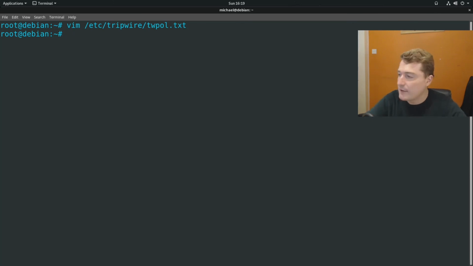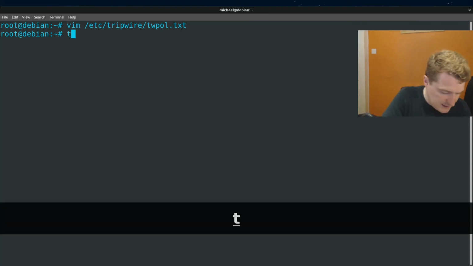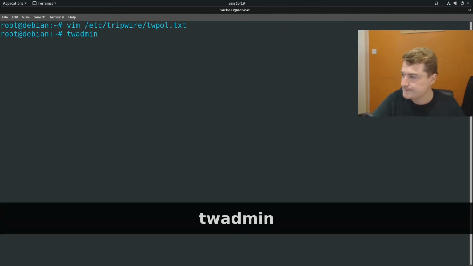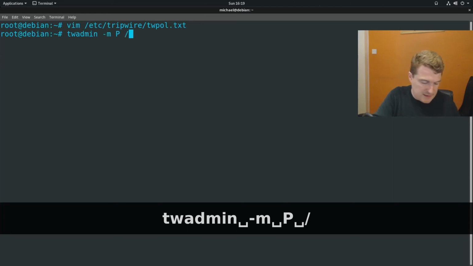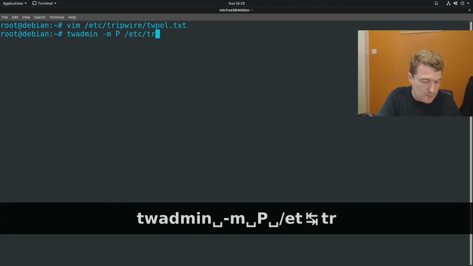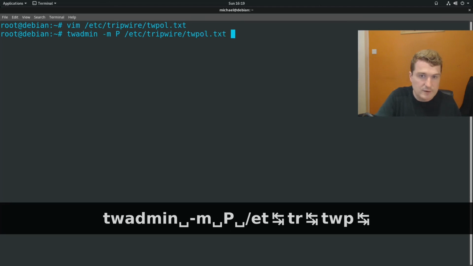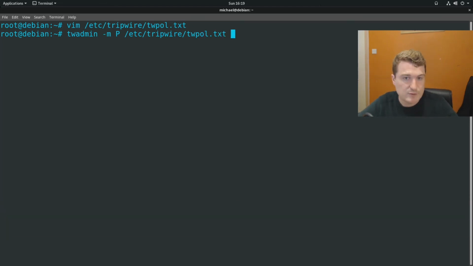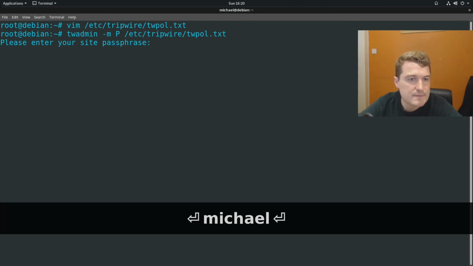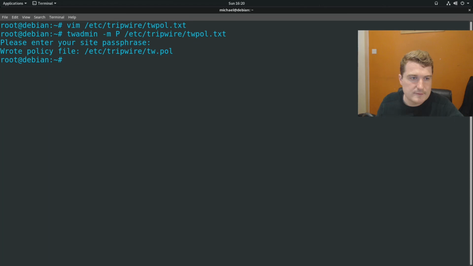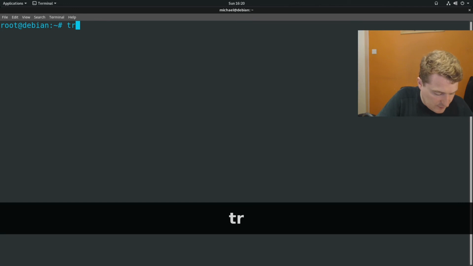Okay, we're going to regenerate the policy file with the new config. And the command for that is twadmin -m p /etc/tripwire/twpol.txt. Okay, and then just press return. Please enter the passphrase. Great, wrote policy file. So now that we've done this, we need to run tripwire